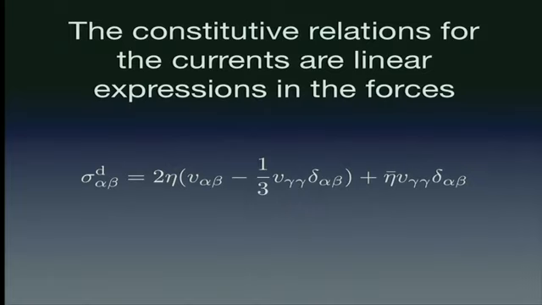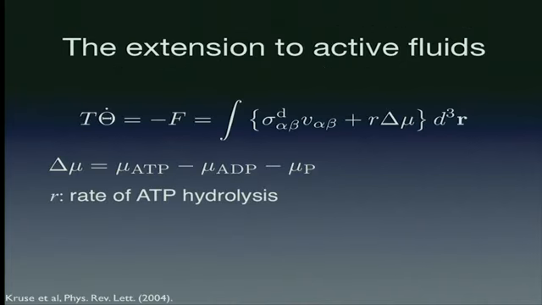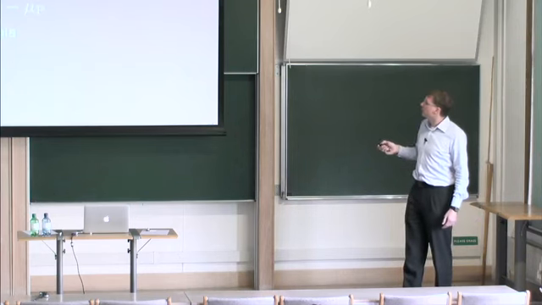Now what we would like to do is to extend this to active fluids. And the extension to active fluids is rather straightforward, because what I'm now doing is incorporating into my free energy also the distributions of ATP, ADP, and Pi, and allowing for reactions between them. And again, if you do all the calculations, which I spare you here, then basically you end up again with an expression that is very similar to the one before. So you have a sum of products of two factors. This one we know already. This is the one we had from the passive fluid. But then we get an additional